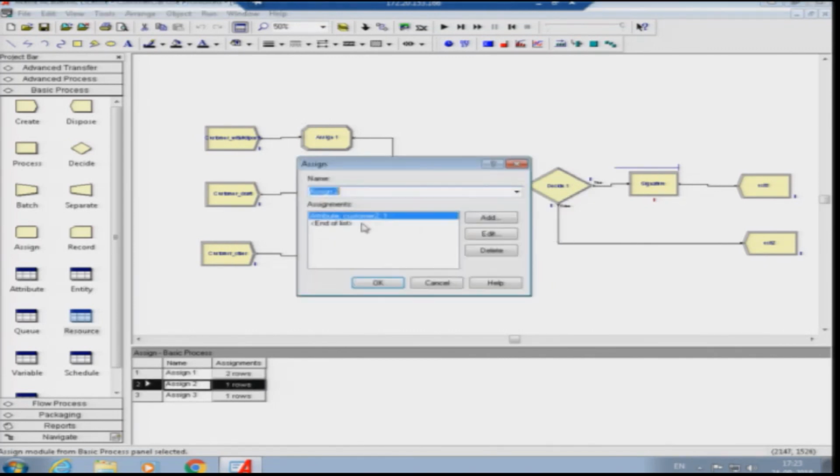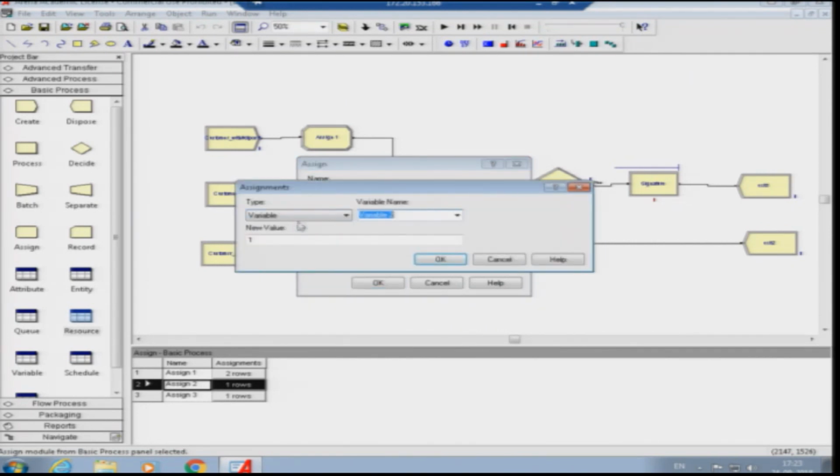Similarly, for the second assign node, we need to add the attribute whose name is operation, and its value is different from the first case, but again uses a normal distribution, with say 4 as the mean and 1 as the standard deviation.